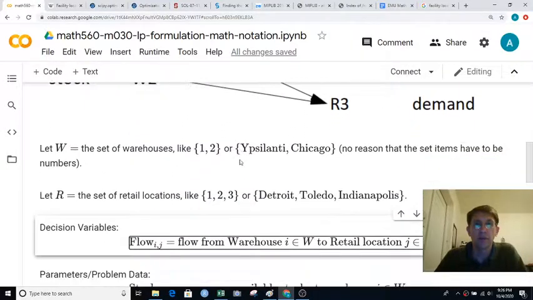So the way we'll start formulating it is we'll declare some sets. We'll have a set of warehouses. You could number them 1 and 2, or you could give them particular city names, for example. There's no reason that these have to be numbers. We'll have a set of retail locations as well. And then we'll define